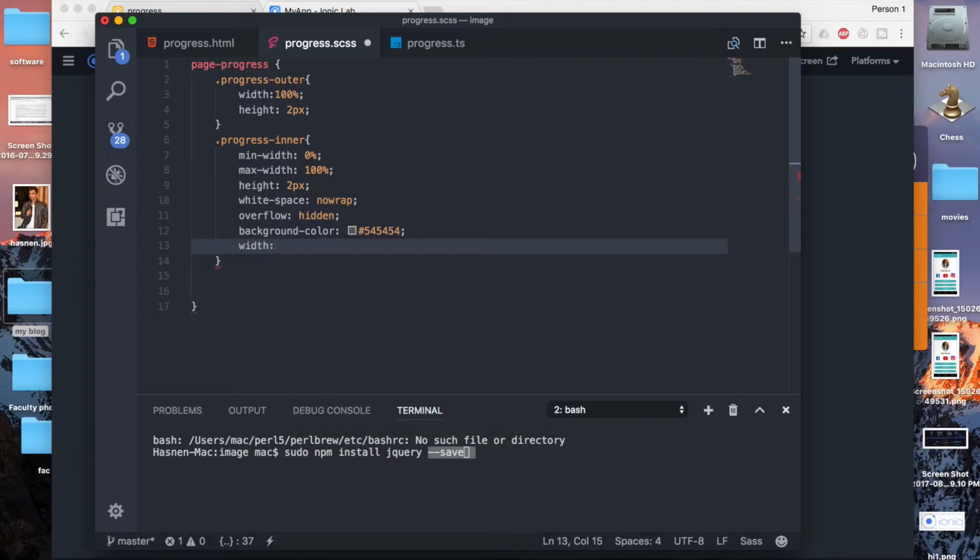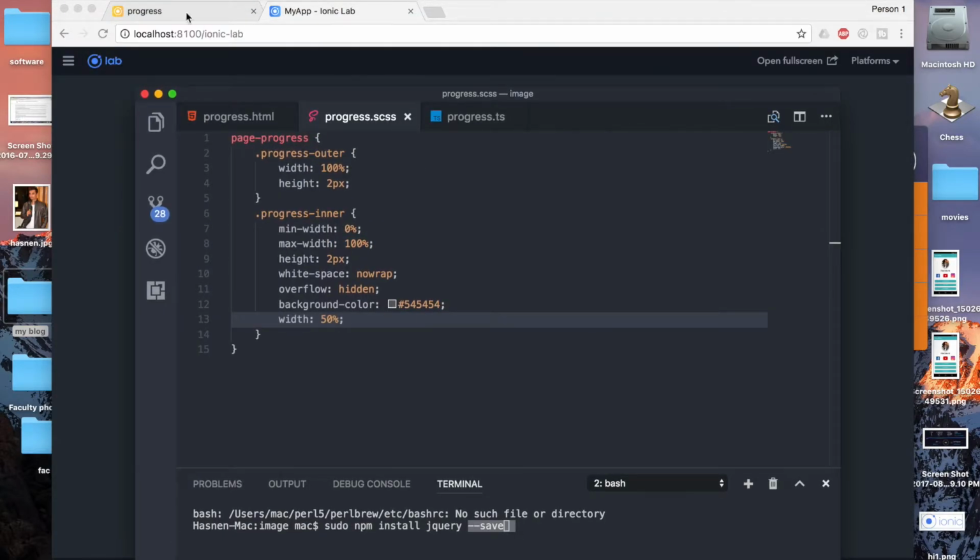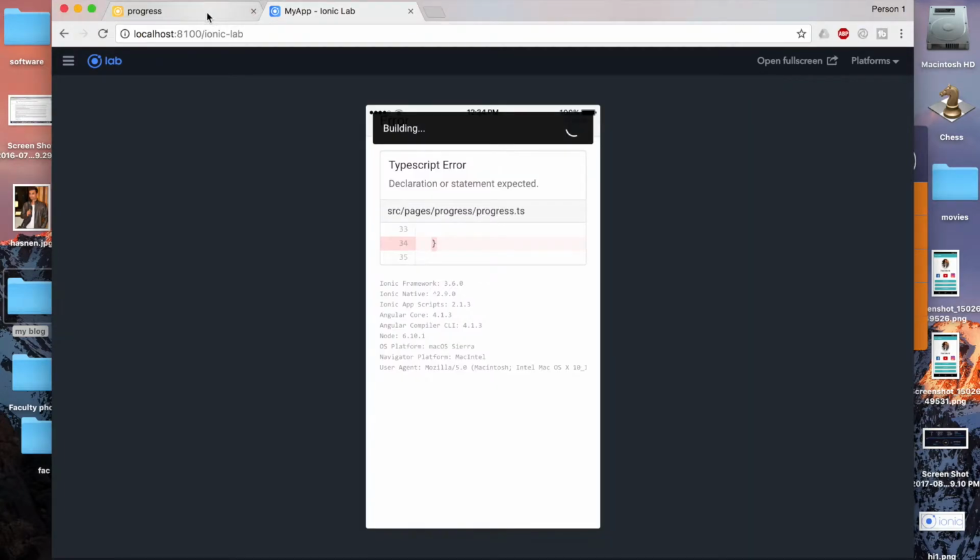Okay, the width should be 0%, not 100%. It should be 0%. I'm sorry. Now if I give 0%, you're not going to see the progress bar, but if I give 10% or something, 50%, you will be able to see the progress bar, because we are going to run this progress bar dynamically, and to do that we are going to write